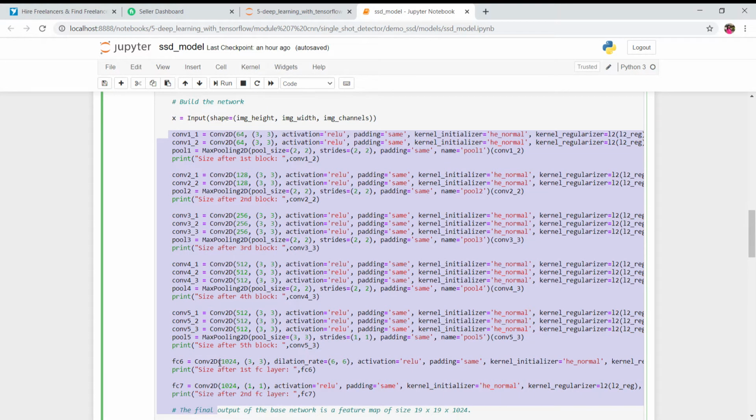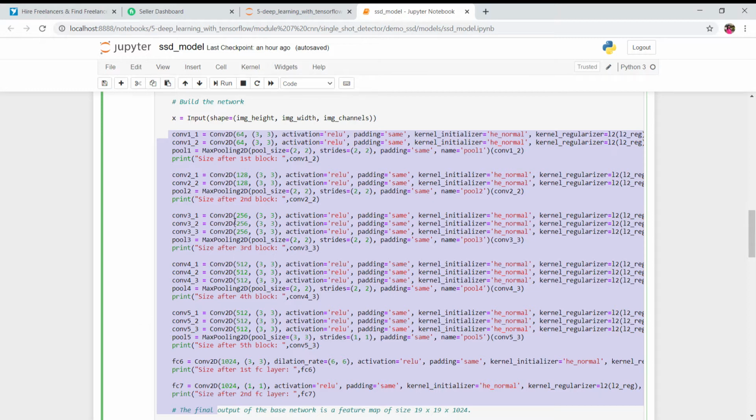This is the code of VGG16. See guys, I'm not going to explain this whole code of VGG16 now. Obviously I'll explain the code which is related to SSD, but this is VGG16. If you want to understand this code in depth, the link related to VGG16 is given in the description section. You can check that link and understand the VGG16 model in detail.